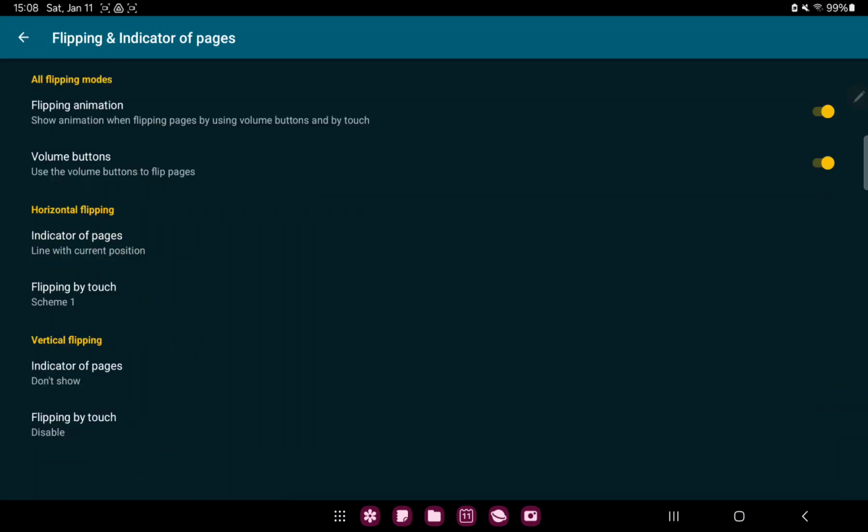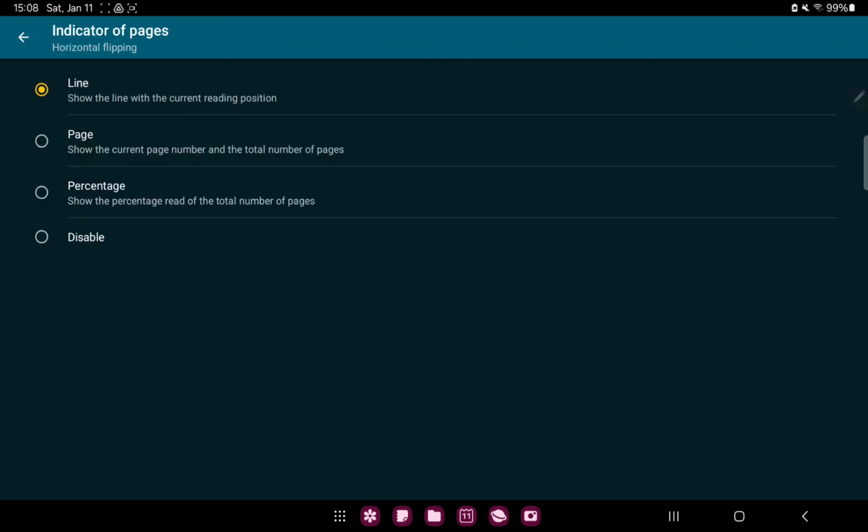And in the horizontal flipping section, you can find the first button, the indicator of page. And you can find the different options: the line, page, percentage or disable. Just select one and click the circle icon, and that's the mode how to set your